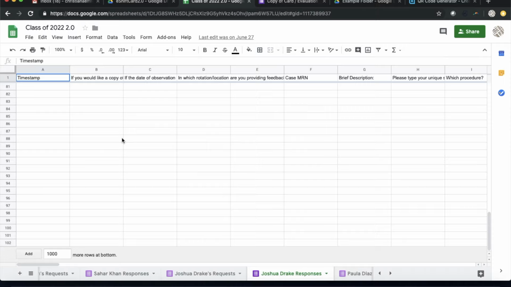Most people don't get above 500 cards, but those that are really into receiving feedback will get multiple shift cards filled out in a shift, sometimes for a procedure, sometimes for a specific interaction. And we encourage that. So you're going to have to add some rows. Don't make the mistake that I made in the beginning, which was to just add a couple of thousand rows